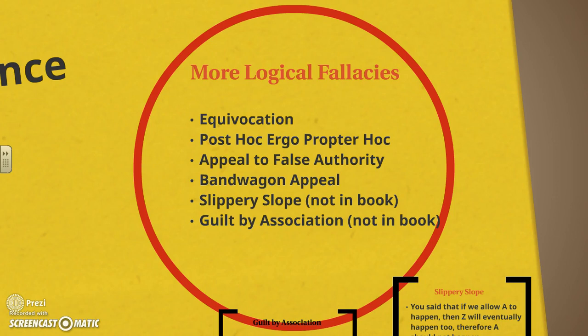Okay, so the first one we have is equivocation. This is a fallacy of relevance and the idea of making sure that the information matches where it's supposed to go. So when you equivocate something, you're linking something that is, oh, am I about to give the wrong one? Okay, I was about to actually give post hoc. So equivocation is intentionally misleading an audience by using double meanings or ambiguous statements.